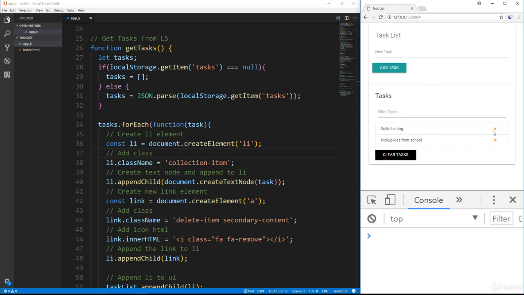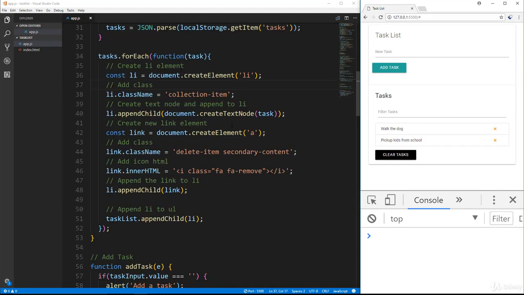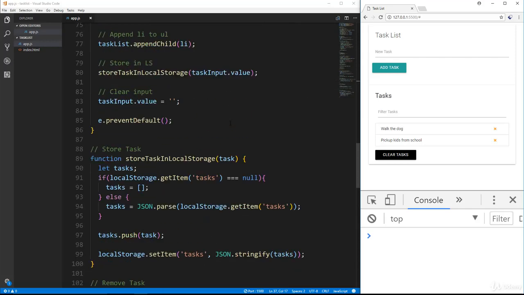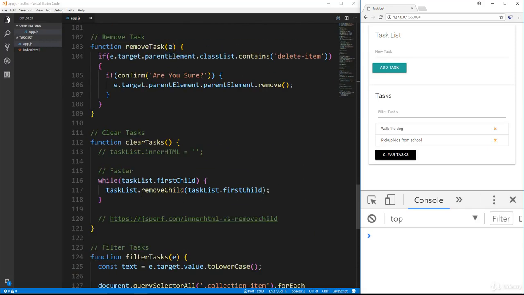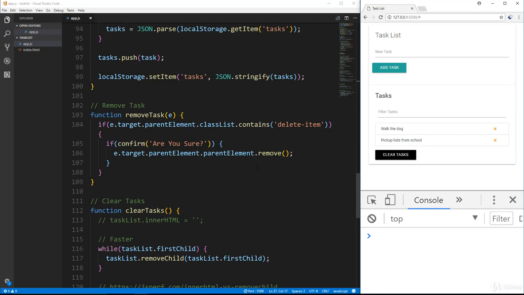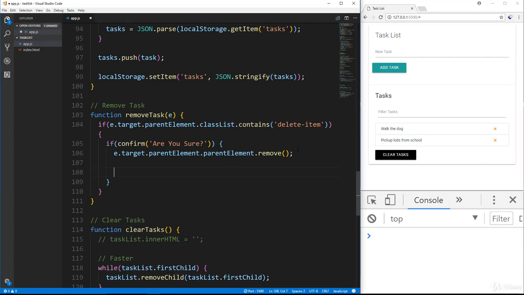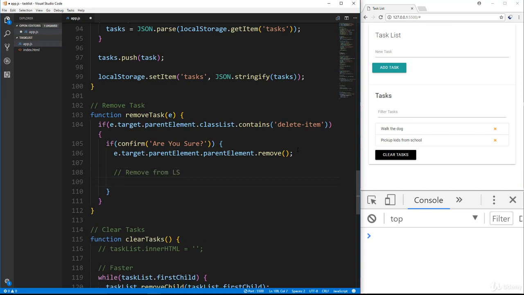All right, so now we want to do the delete. If I delete, it goes away in the UI, but if I reload, it's still there because we didn't actually delete it from local storage. So let's go down to remove task, and we want to go right here after we remove it from the DOM and say remove from ls. So we'll say remove task from